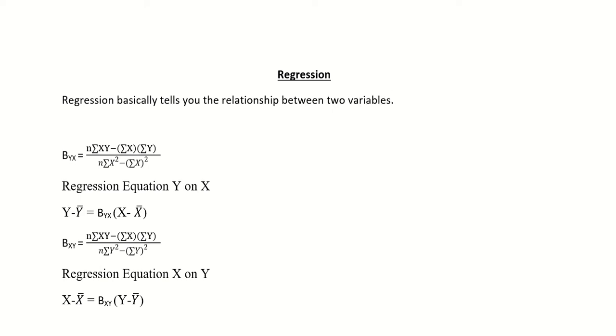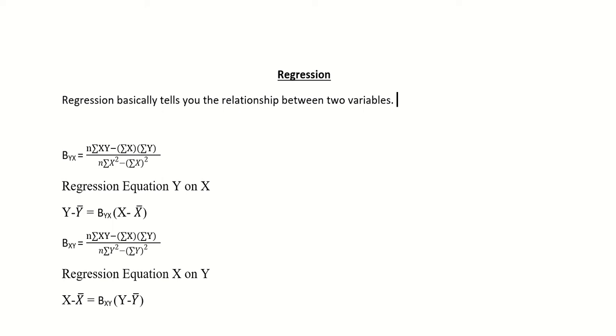Right. So it is the extended form of correlation. In correlation, correlation just used to tell us whether the relationship between two variables is positive or negative, right? Maybe they have a direct relationship or maybe they have an indirect relationship. But in case of regression, we try to understand the relationship between two variables in a deeper sense, in a